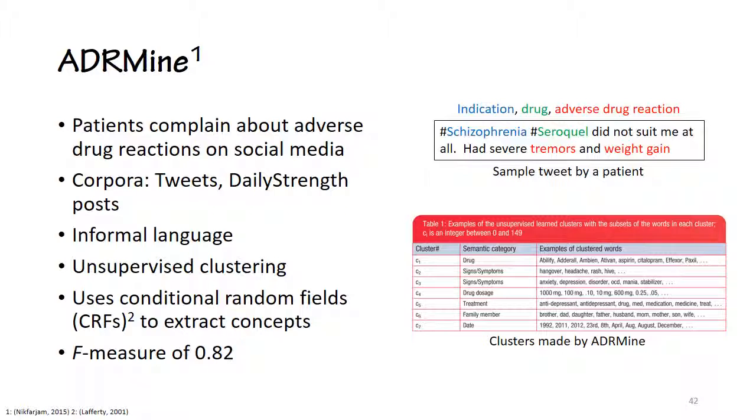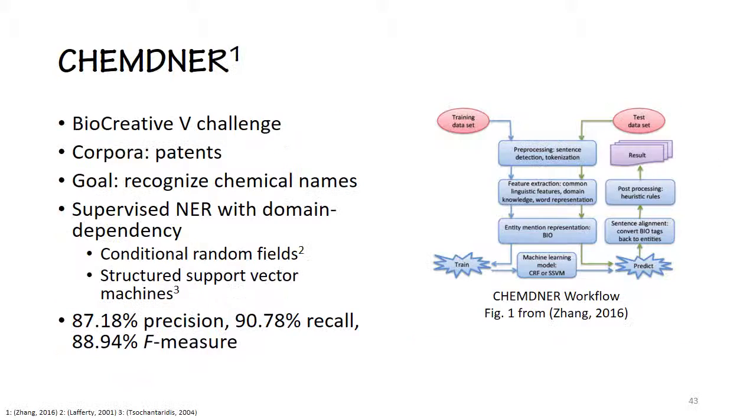So what it does in an unsupervised way, which is a much newer invention, is extract the concepts and allows doctors to get an idea of what's going on out in the world with patients. And this is the actual response to one of those challenges we talked about before, ChemDiner. So it looks at the chemical names and patents, and it uses NER with knowledge. And you can see that the measures do pretty well, about 90% overall. Could be better, but